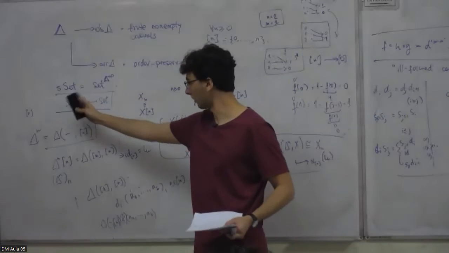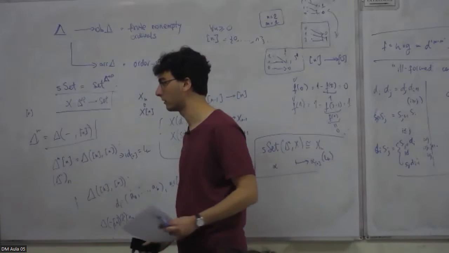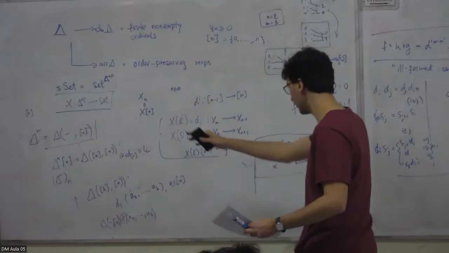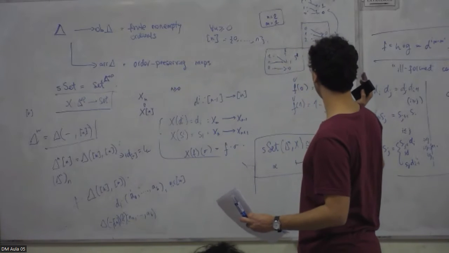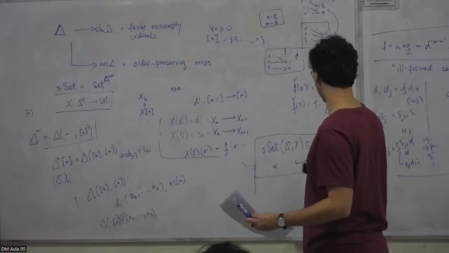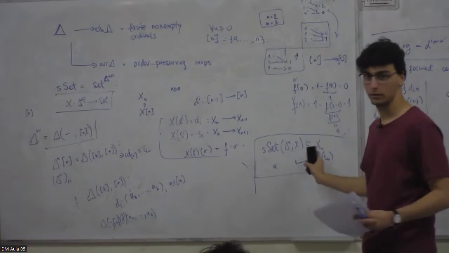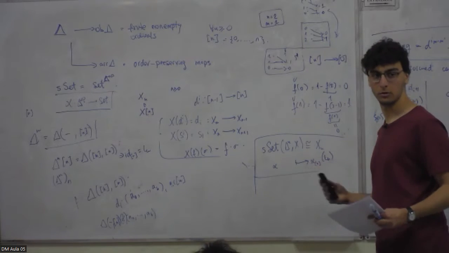If you think about the presheaf, you first look for the representable ones, which are these, and because also we have this correspondence between maps which go from